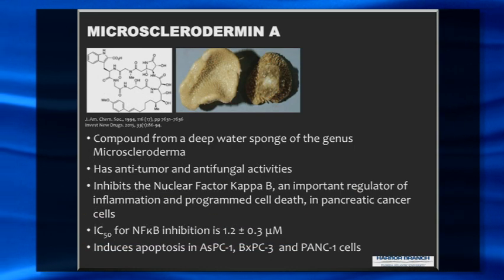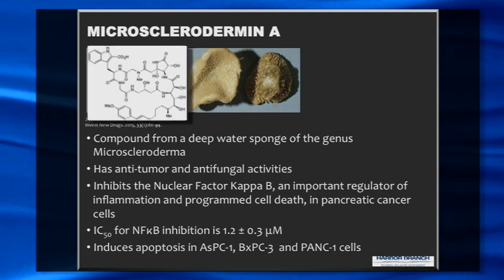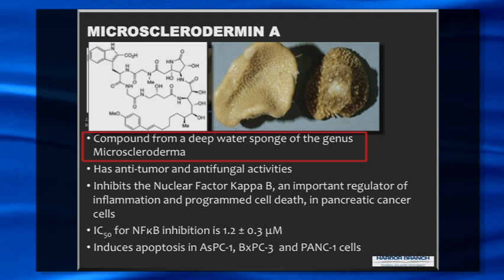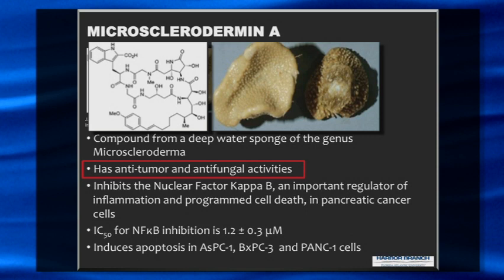Through this type of assay, we also found microsclerodermin A. Microsclerodermin A has a much more complicated structure, and it comes from a deep water sponge of the genus Microscleroderma. It has anti-tumor, antifungal activity, but again,